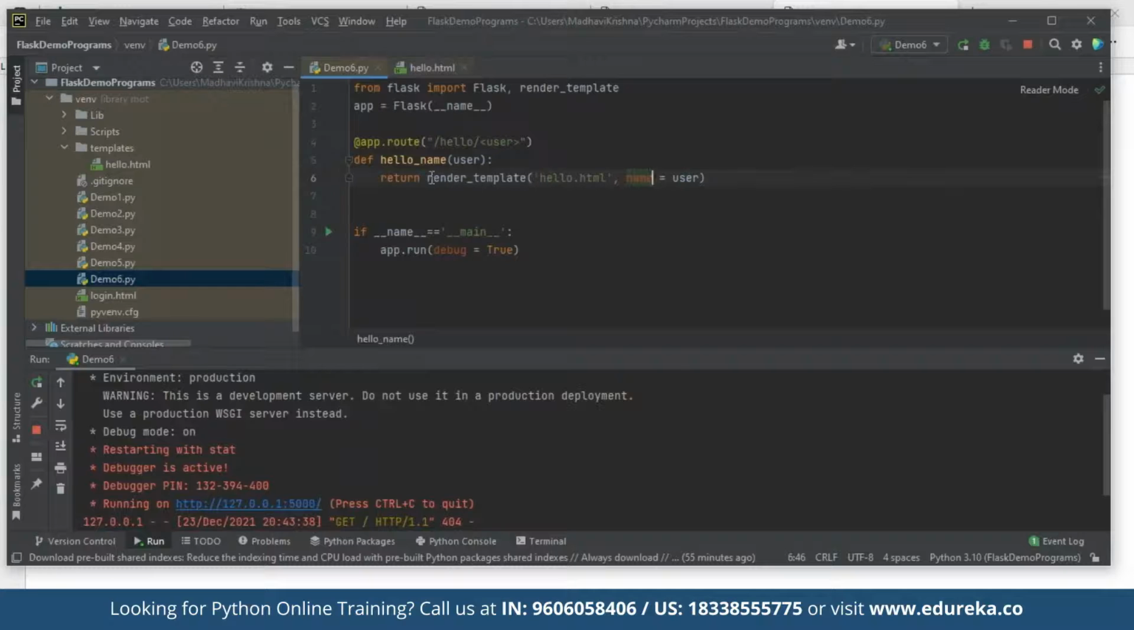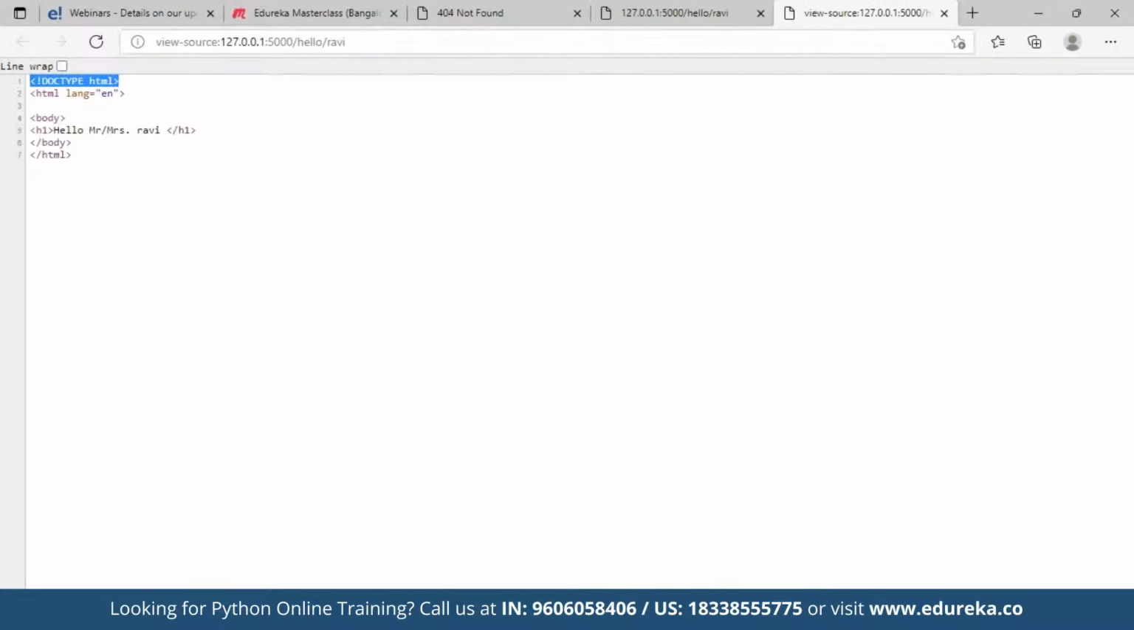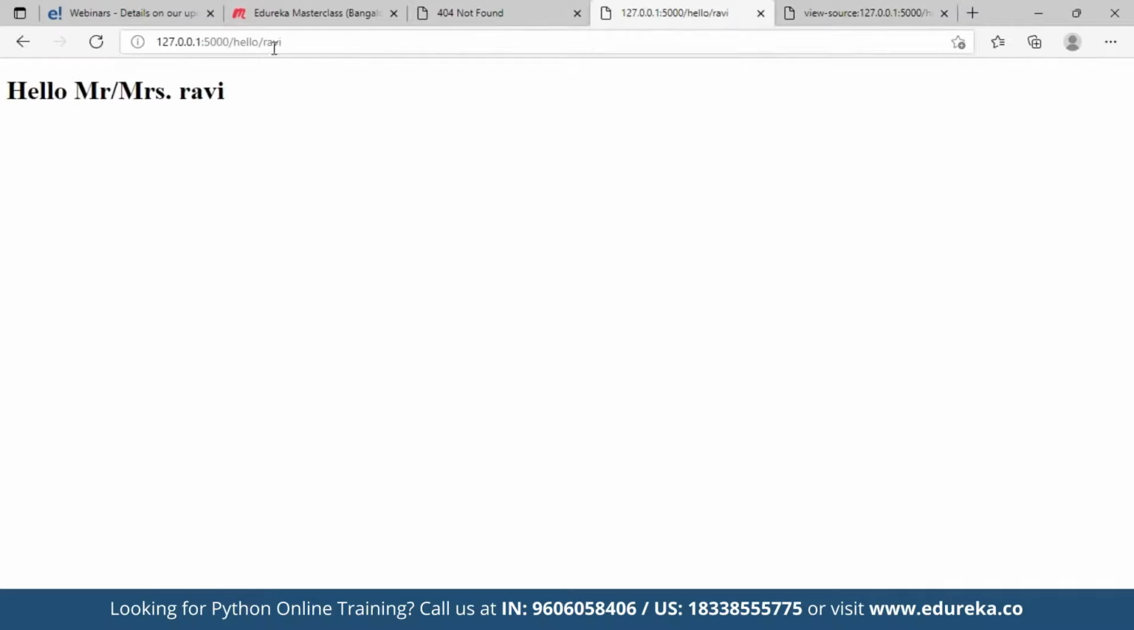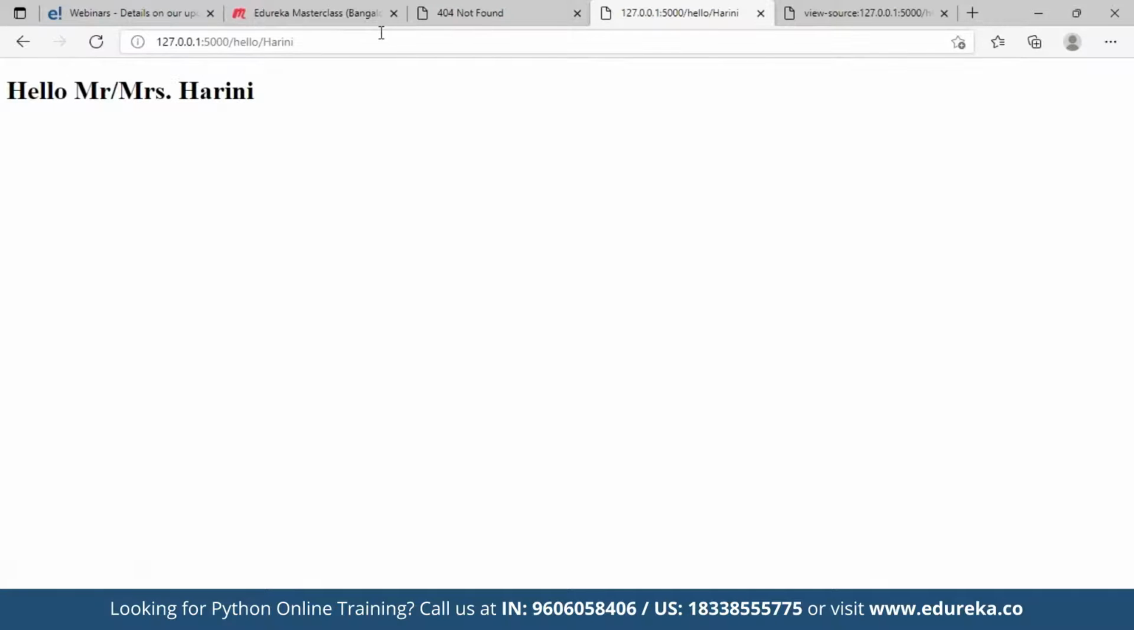You see, I'm saying whenever somebody gives hello and whatever name it is, you just render this HTML and pass whatever username they have given. This username, whatever I am passing, I am binding it to name, and that name gets substituted here. That's what happens. So if I say Harini, it automatically says hello Mr. or